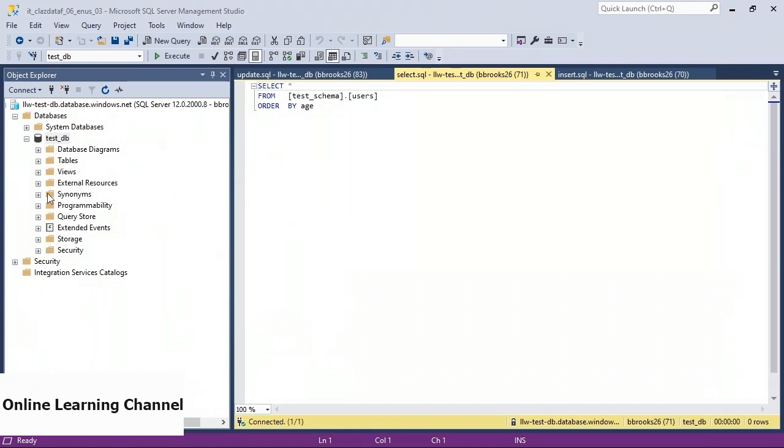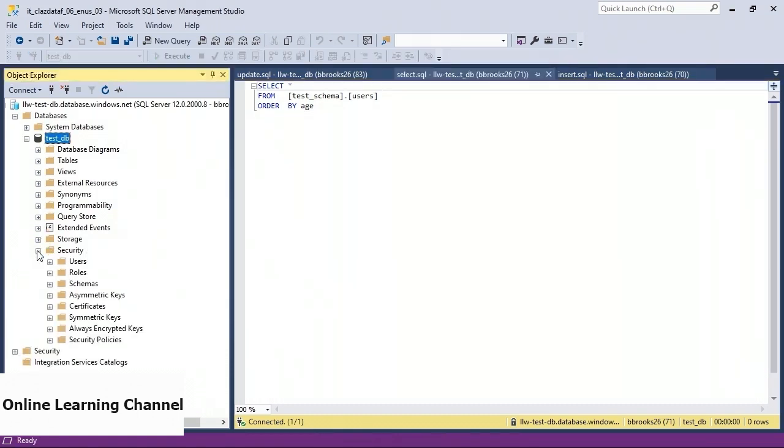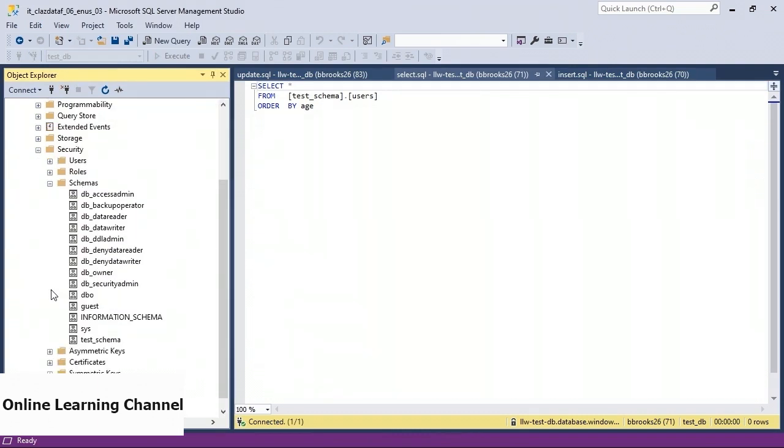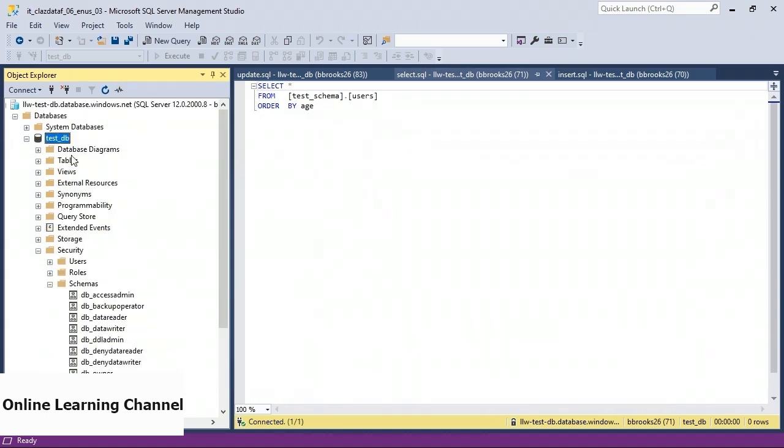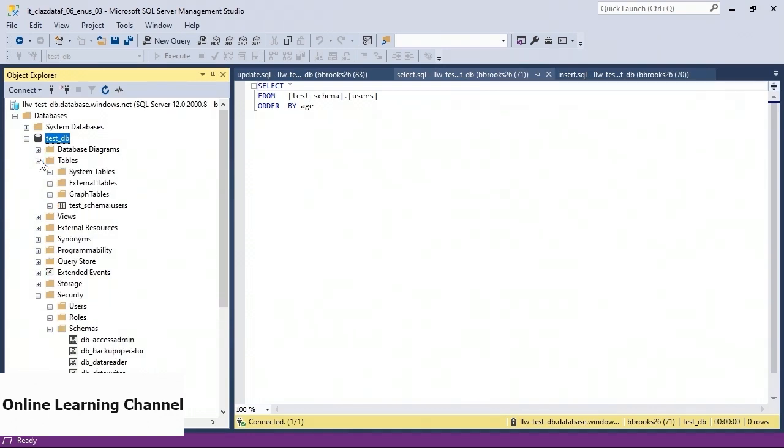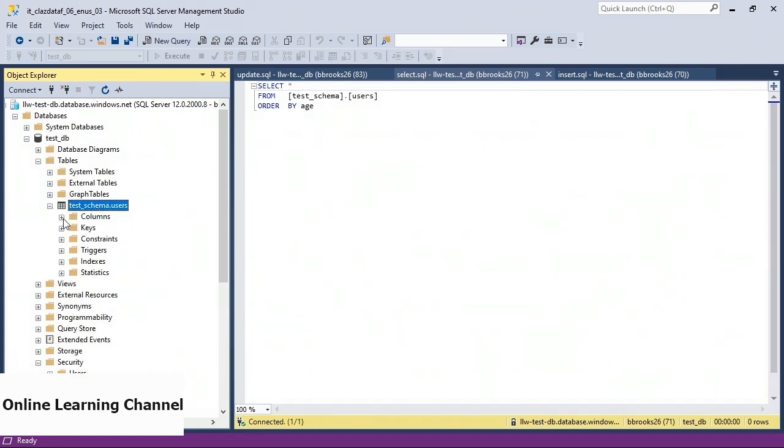If I go to the tree on the left-hand side and I open up security and I open up schemas, I have a schema called test_schema. If I go to test_db tables, there is a table under that schema called test_schema.users. And if I expand that and I expand columns,